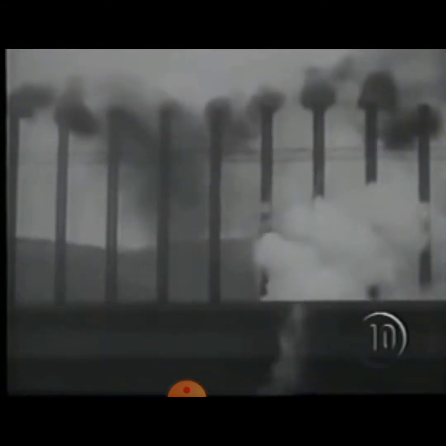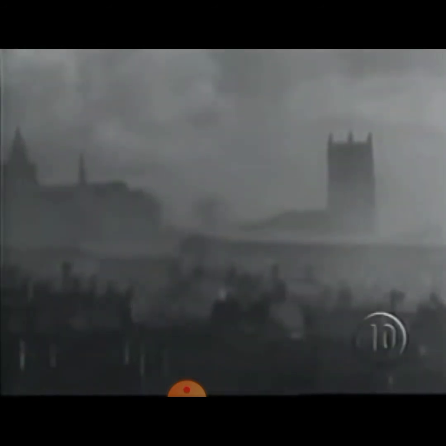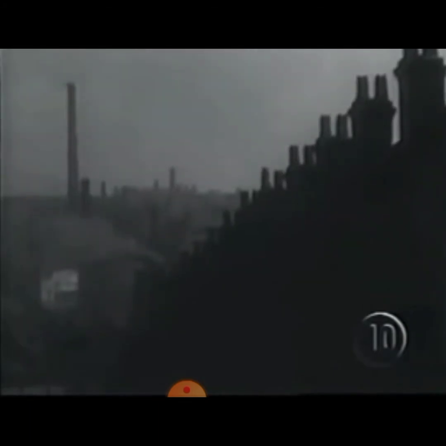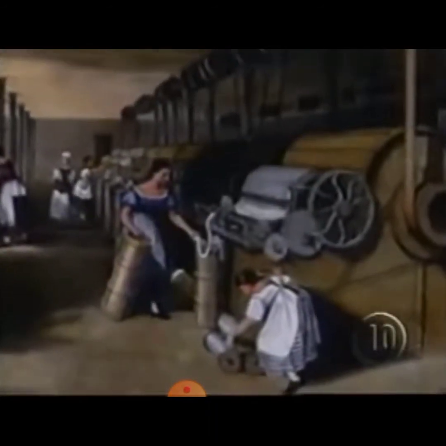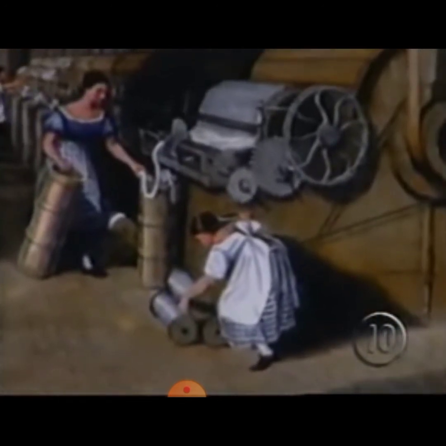But while the Industrial Revolution brought wealth to some and jobs for others, it came with a price tag. Pollution from coal-powered factories turned the cities black. Lack of housing created the first urban slums. And the demand for more and more goods and higher profits brought the exploitation of workers, including children.